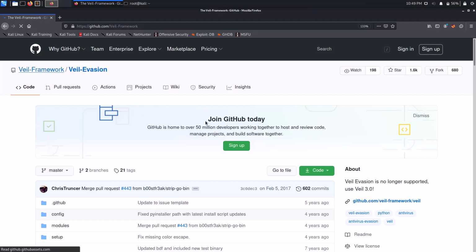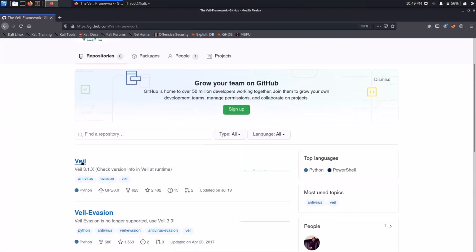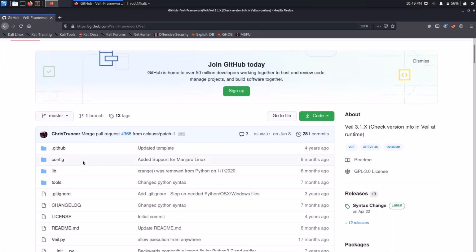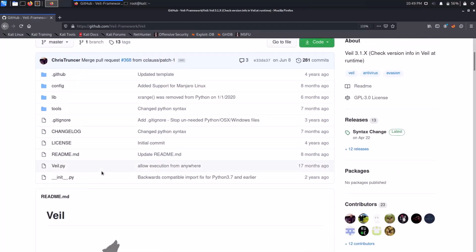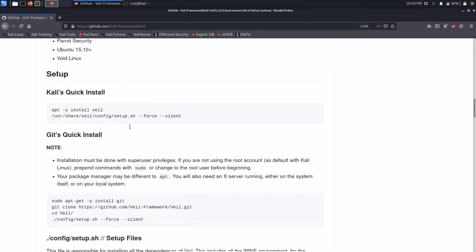The name is Whale Framework, and the reason why we use it is because there are many payloads out there for this. You can get a ton of payloads, and most of the time these payloads are undetectable, and that depends on the antivirus. But in most cases you can bypass Windows Defender by using this. This is one of the coolest frameworks I came across.